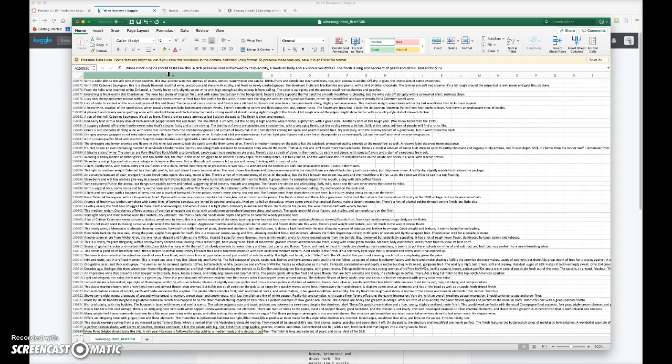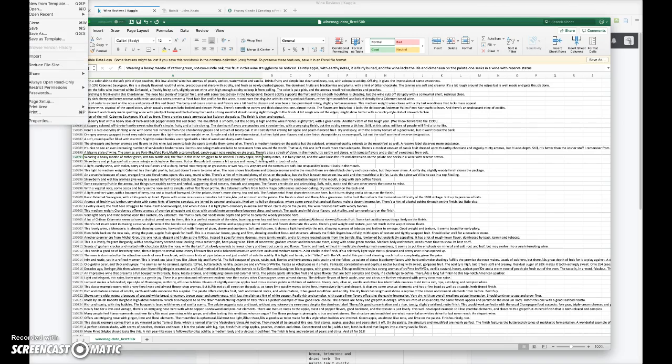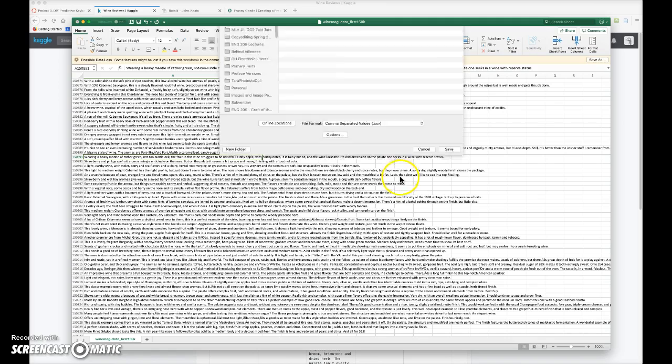And what it'll do is take you to the very bottom row to tell you how many there are. You'll see here there's 150,930 reviews. And so if we save this, you'll see that it's still very, very large and we have to cut it down more. So if you go File, Save As, you want to save it as a text file,